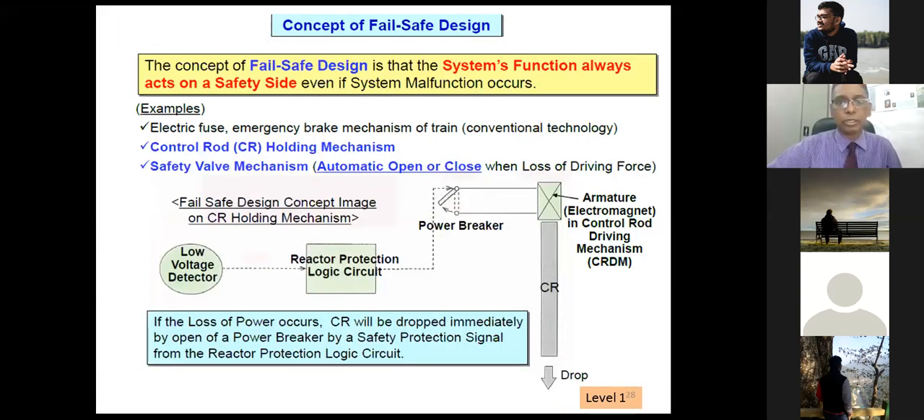That one is already mentioned. Now, another level 1 prevention measure is called the fail-safe design. It means when you go for any system design, you have to keep the fail-safe design in mind. That means the system always acts in a safety mode, even if a system malfunction occurs. Like the control rod holding mechanism, you have to design it in such a way that the holding mechanism of the control rod will release easily. If anything happens, then the control rod can be